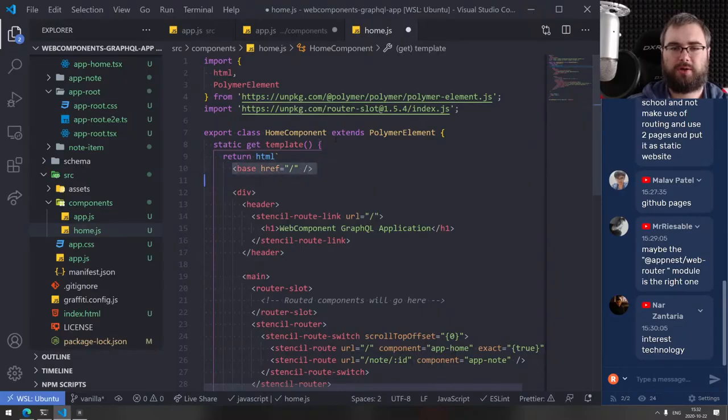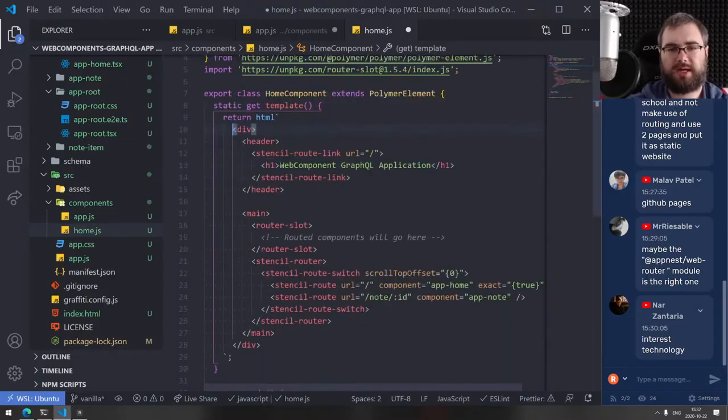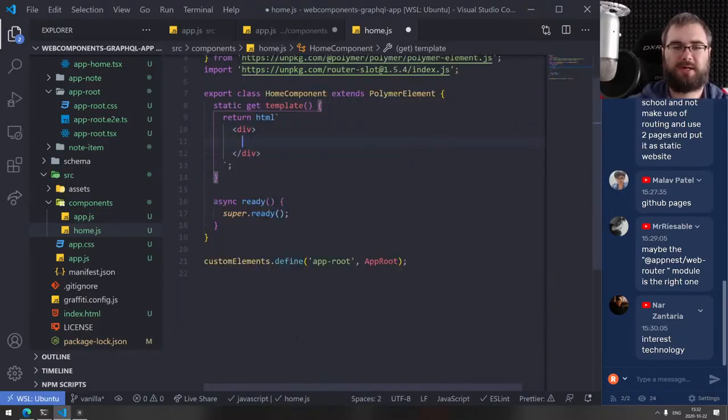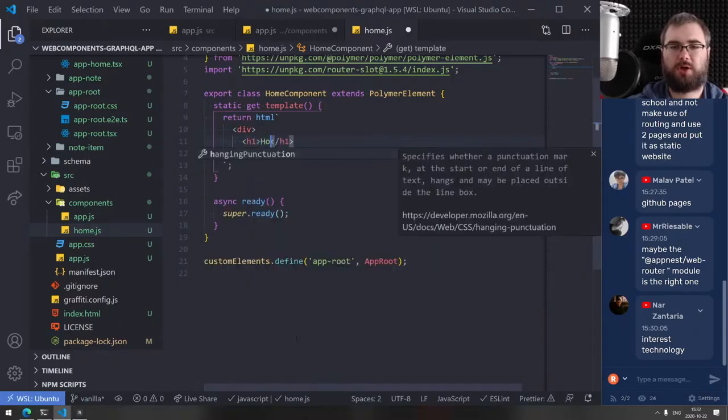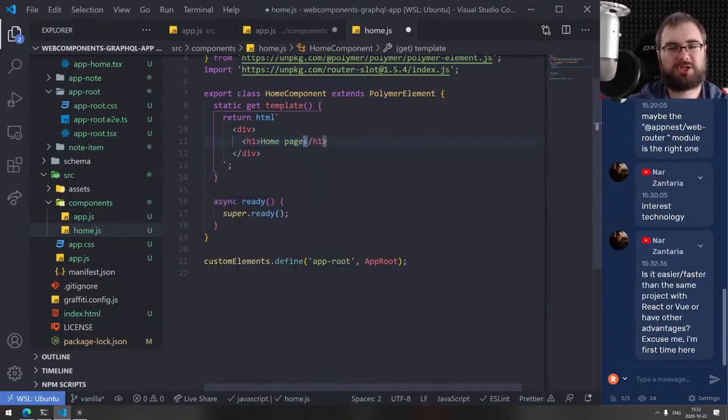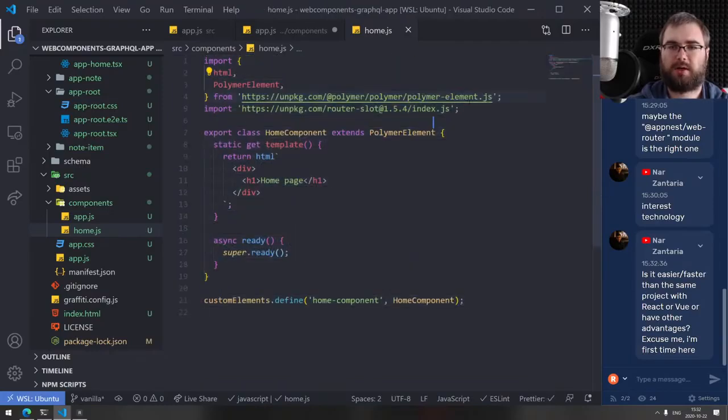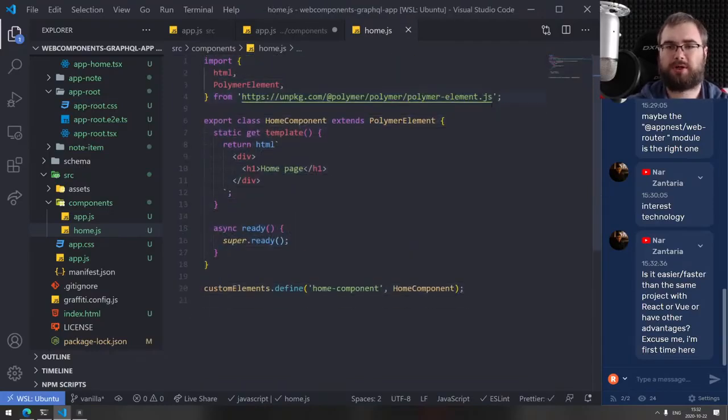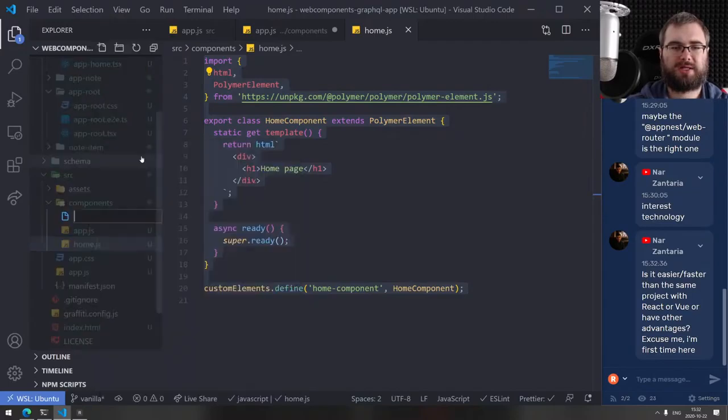Okay, so we don't need any of that. This is gonna be basically, let's just do this. Homepage, just to test that it works essentially, right? Home components, and this is one. So we don't need to import router slot here, okay? And we need the node component,